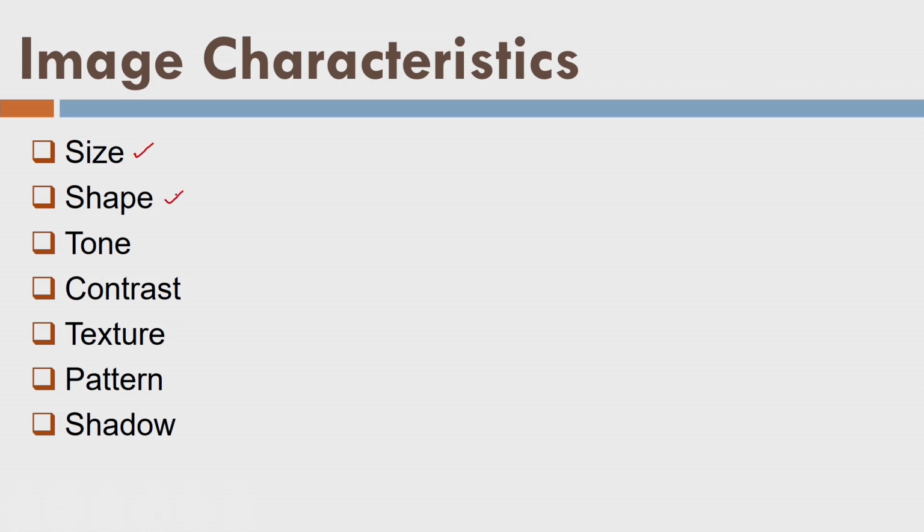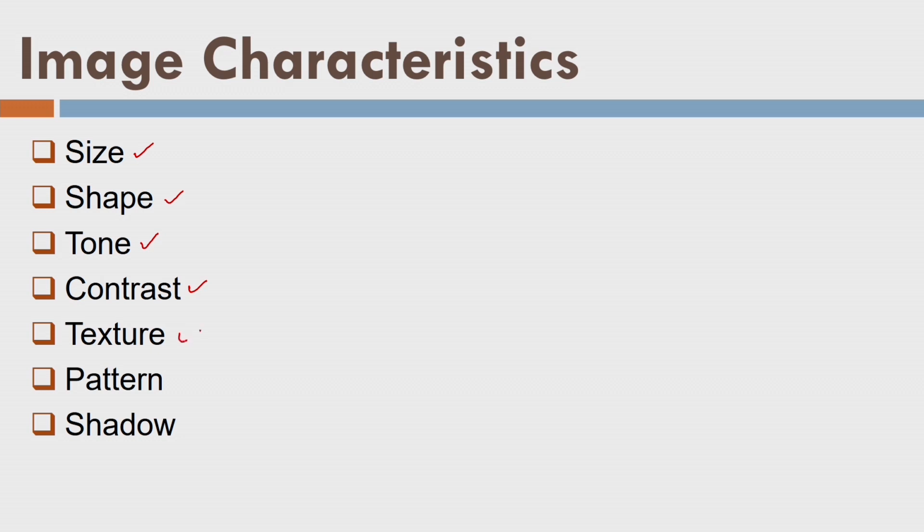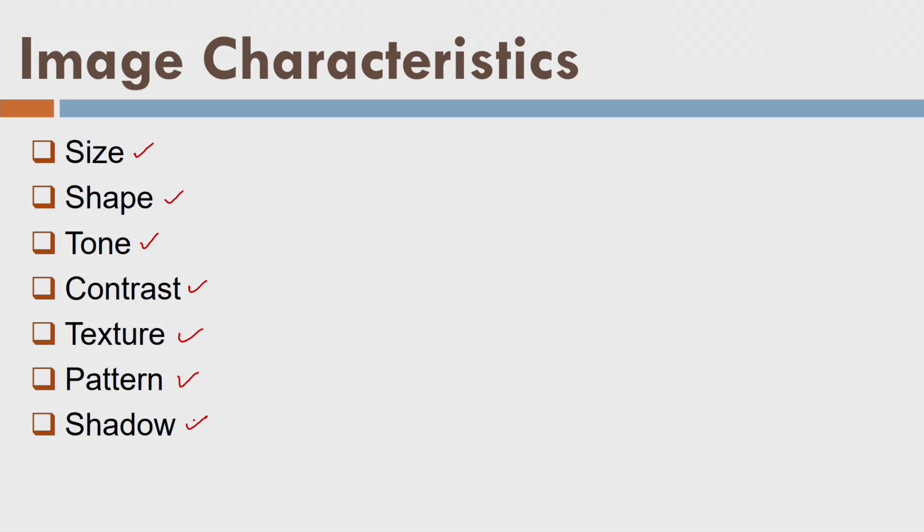Size, shape of the features, tone, that is color, contrast, that is the difference in the tone. For example, if I have grass and if I have rock, I should get a difference in the color, and that is contrast in tone. Then texture: texture is the repetition of certain elements. What is a pattern? Pattern is repetition of the texture. And then shadow. Remember, shadow is a very important factor in image interpretation. So we should have all these features reliably expressed by the radar image. So I hope that you got a complete idea about the radiometric aspects of radar.